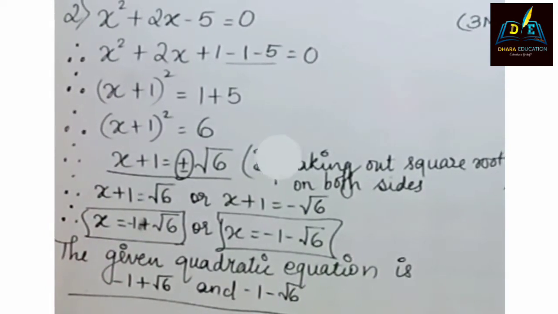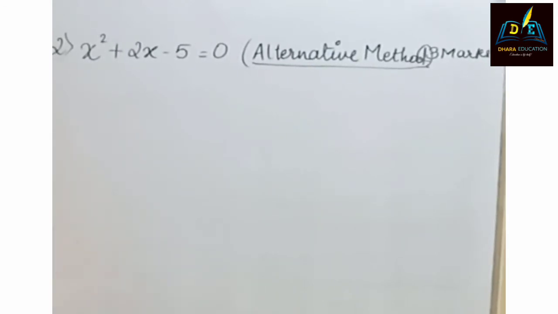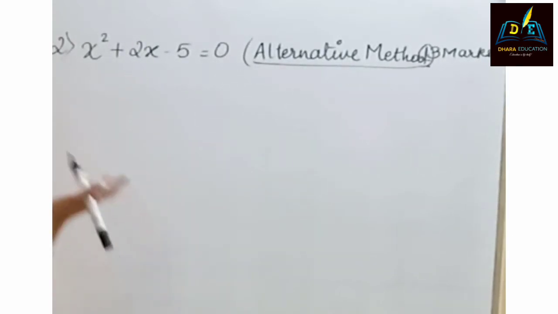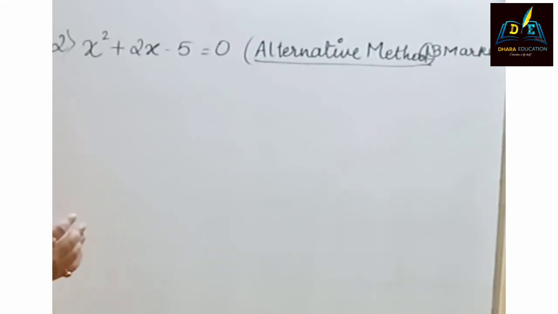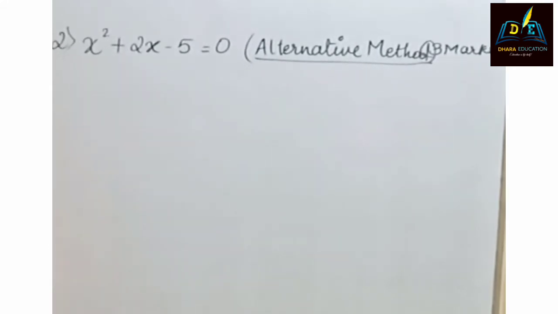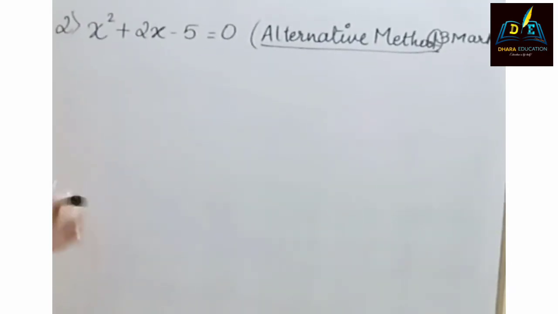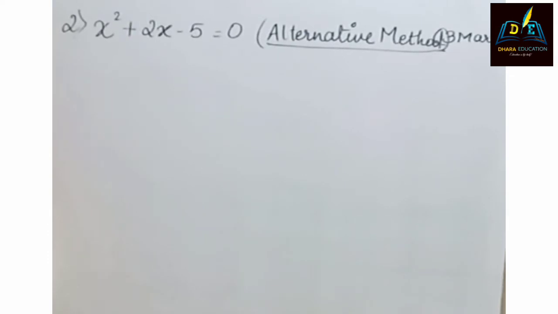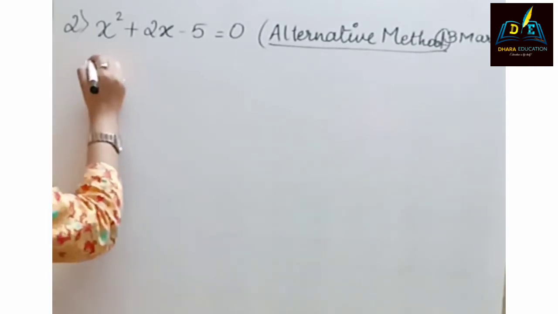That's it. Students, this is the alternative method of that particular sum. So both methods are there. You can go with whichever you would like to solve, this alternative method or the method which I have shown you earlier. It is advisable for you all to solve by the previous method only, not the alternative, because many students may get confused in the alternative method. Okay, so now we will solve it.